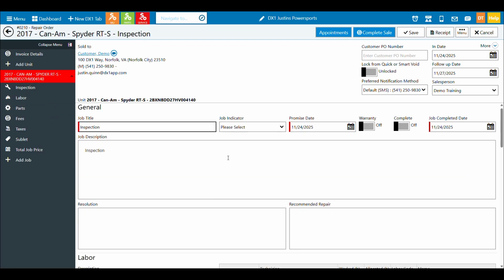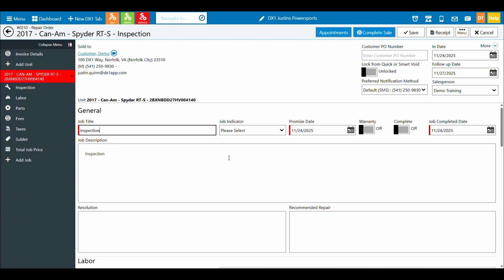Now, one of the big things I think our dealers overlook here is the job completed toggle. And this really keys into sending those automated notifications to either the customer or the internal department, letting them know, hey, a job has been completed. Many times when the job gets completed, because it's not required, your technicians or service writers, whoever's responsible, does not click the completed toggle. It's not required. If I go to complete this sale, it will let me do it at this point.